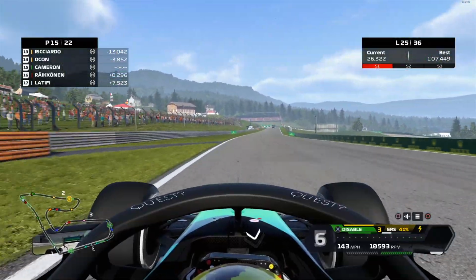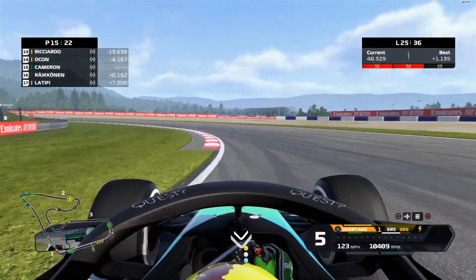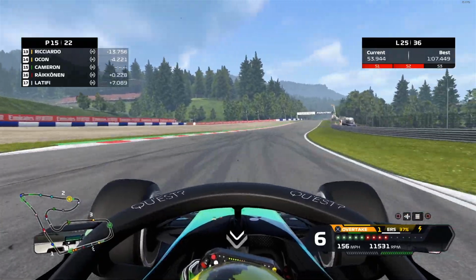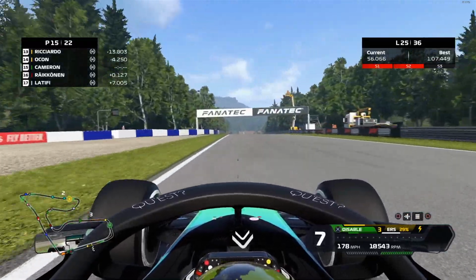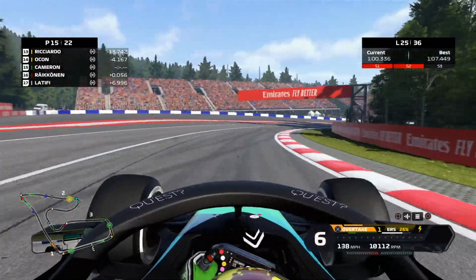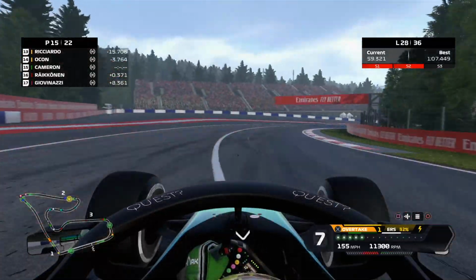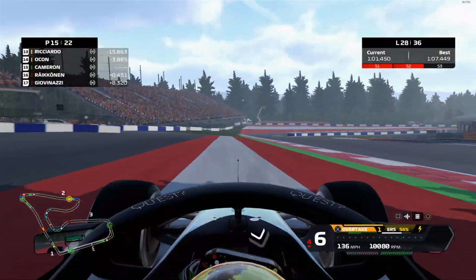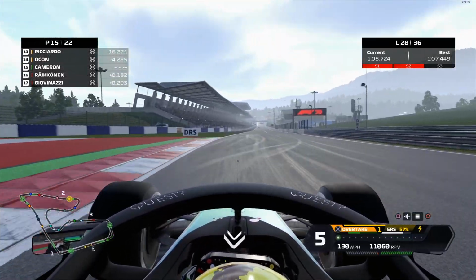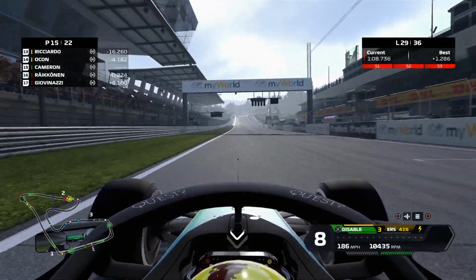We're having to be very delicate on our ERS usage as well, because if we run out of ERS, that's going to give Raikkonen a very easy time trying to overtake us. And we're putting all the overtake on that's physically possible, and we just about squeeze him out there again. We go very, very wide into this corner here, which allows Raikkonen to close up to our gearbox, but the overtake button is just about keeping us ahead